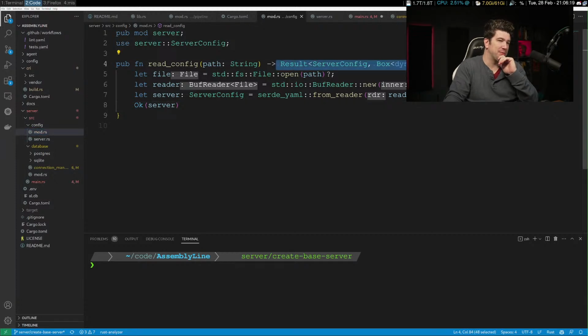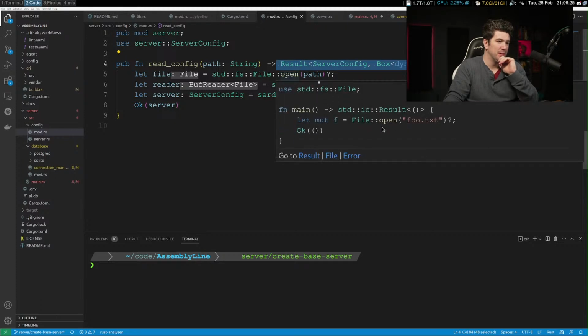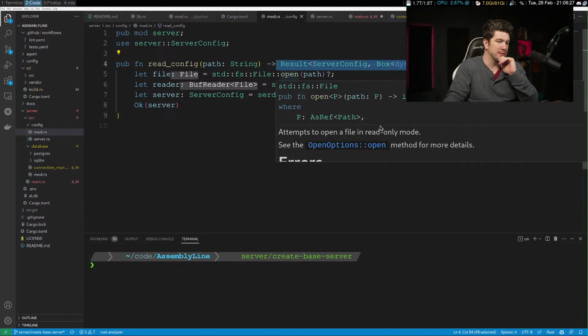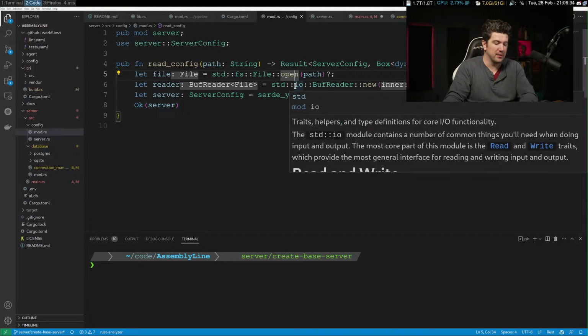See here, we don't have to map this error. This here returns... what type of errors can this return? Does it not return an error?